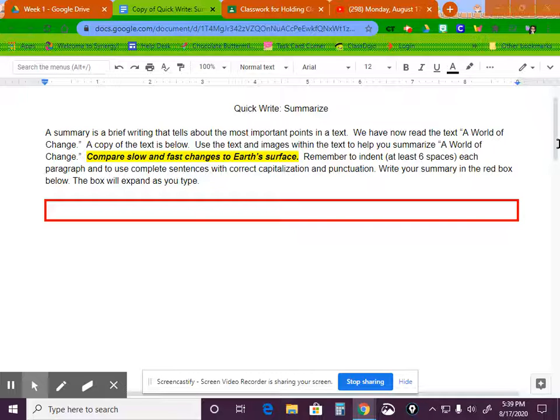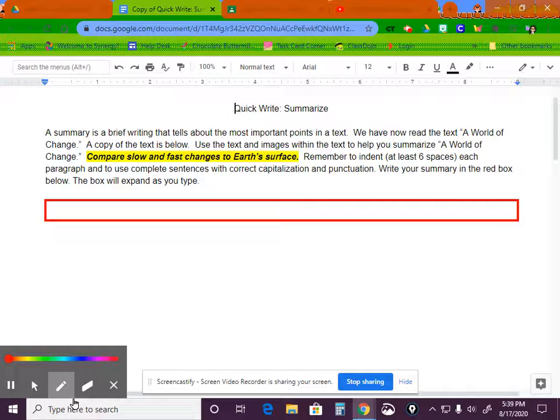It's been a while since we've done summaries, so I wanted to go back and review what it looks like to write a summary. Before I write the summary, I want us to take a look at our prompt. I've never used the pen on Screencastify before. This is pretty nifty. So your prompt says,